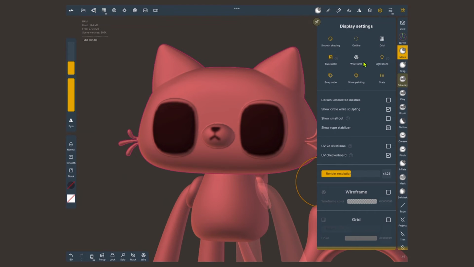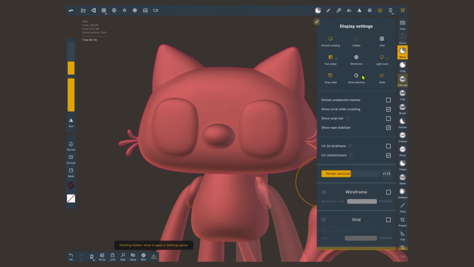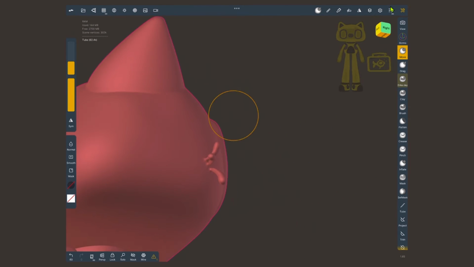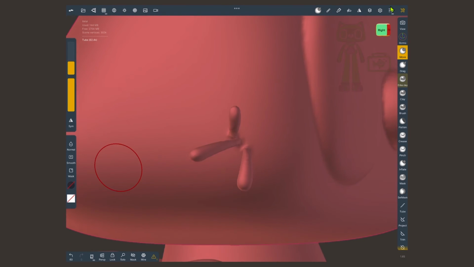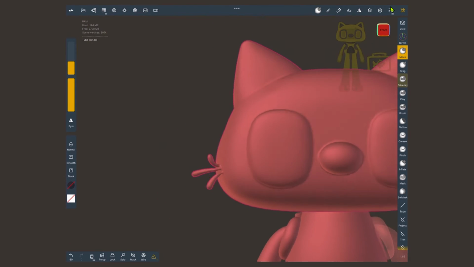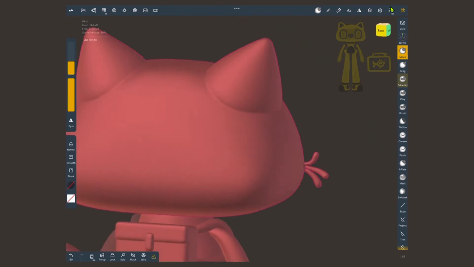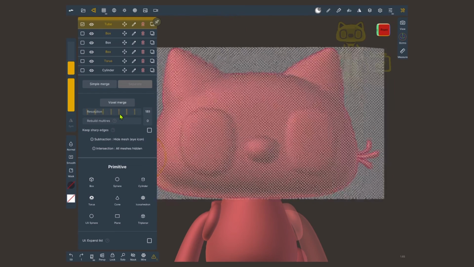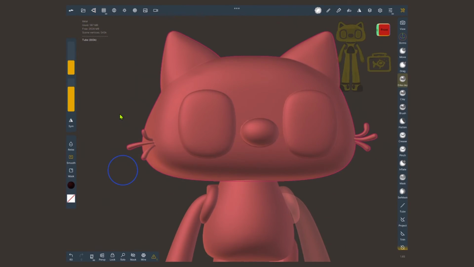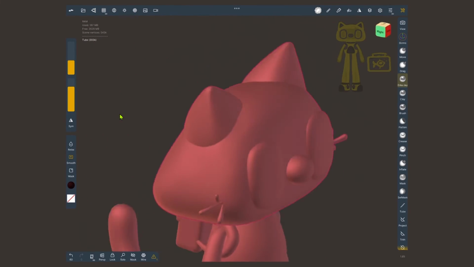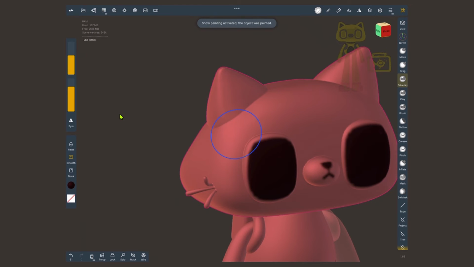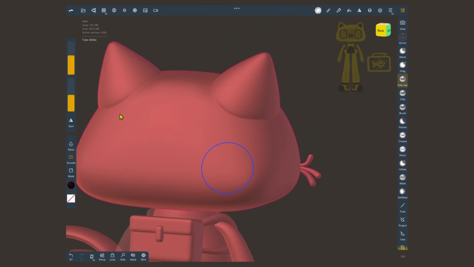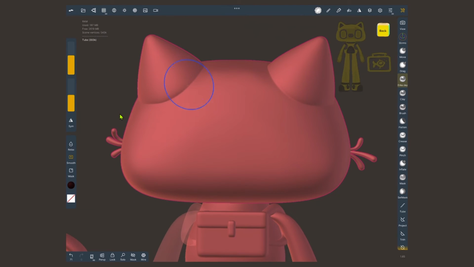I'm gonna hide the painting for a second so it's not in the way, and I'm gonna revise that the merging worked. Doesn't necessarily look very nice here at the whiskers. I might need to add resolution. That's alright. Undo. Same area, but I'm gonna increase this number. I'm in general very happy with this result. It doesn't seem like I need to fix anything. I'm still gonna go around it with my smooth tool with very low intensity.